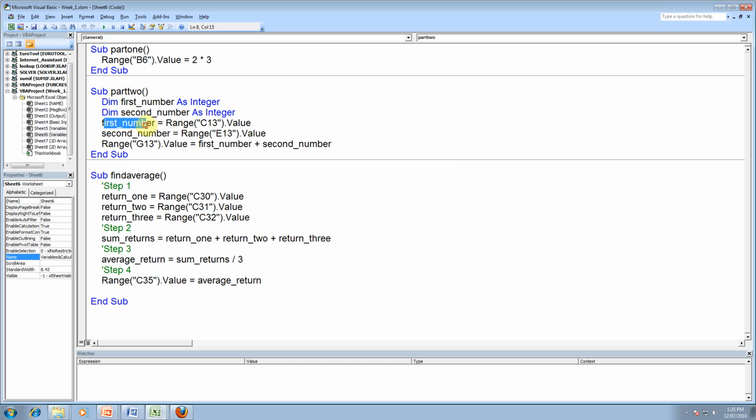We have first number, we have second number. These are variables. And these variables, for example, they only live inside of this program. So to demonstrate, if I run sub